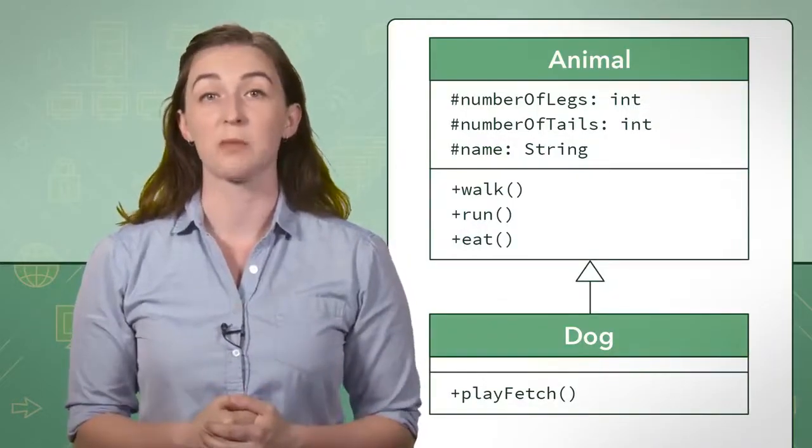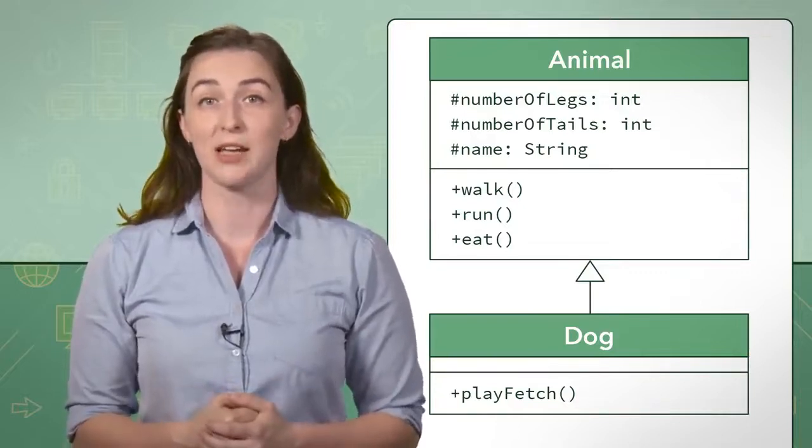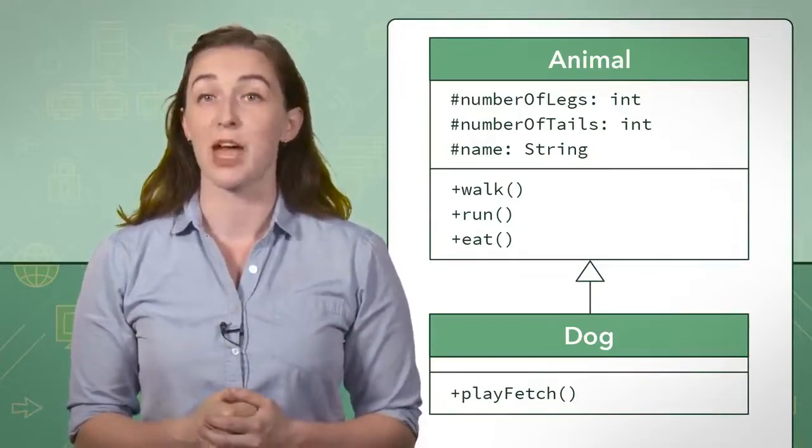First, we will model the dog and animal classes in a UML diagram to show the relationship between them. We also will include the attributes and behaviors of both classes. This will show how the two classes are related to each other, how the superclass is generalized, and how the subclass is specialized. Our UML class diagram describes the dog class as a subclass and the animal class as the superclass. This means that the dog class will inherit from the animal class.